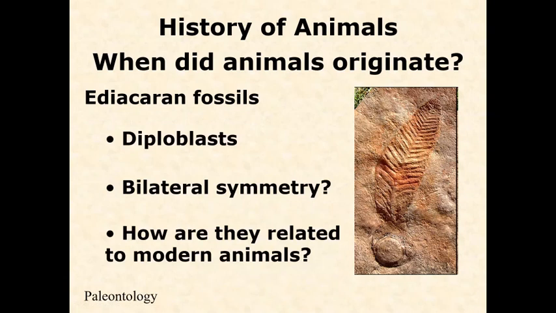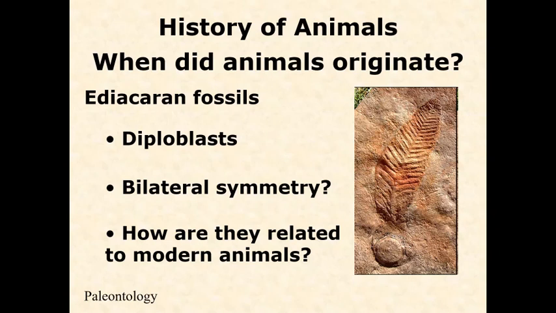Okay, it's very clear that they were diploblasts, two distinct layers of tissue. There's some debate as to whether we have true bilateral symmetry yet, but most scientists now agree that there is at least the early forms of bilateral symmetry. And we don't know for sure whether these are very close relatives of modern groups like Cnidaria or the Planaria, the flatworms, right? Or if they maybe looked somewhat similar and are maybe much more distantly related. But they are very clearly the very first earliest animals for sure. Those Duoshantuo ones might be, but there's a little bit more of a question mark by them.